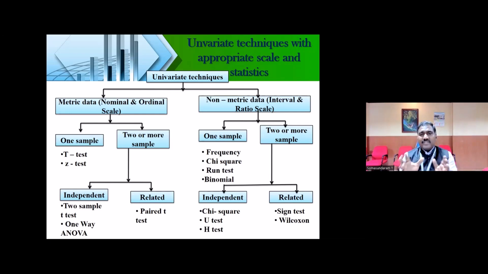But the way you are giving the interpretation is a highlight point for your research work, because you already framed the hypothesis. To prove the hypothesis, you need to do the required analysis. So that's why I am talking about all the basic things. Now I'll show you what the univariate, bivariate and multivariate analyses are, and according to your type of data and your type of scale, you can decide.